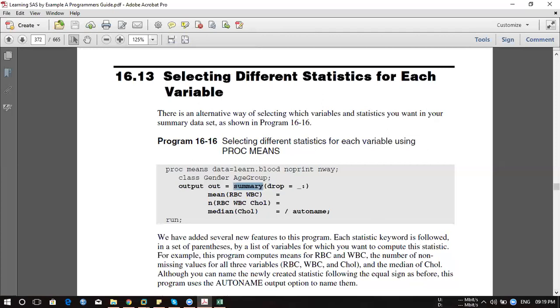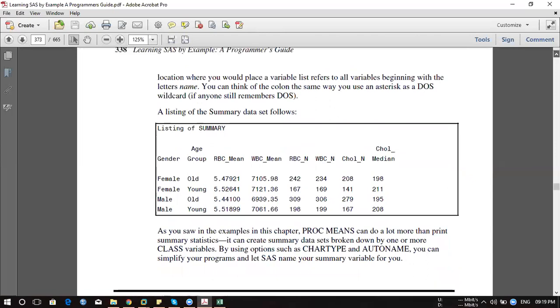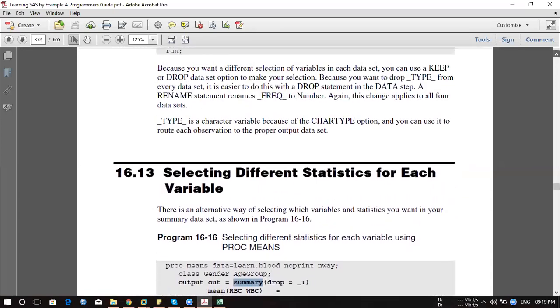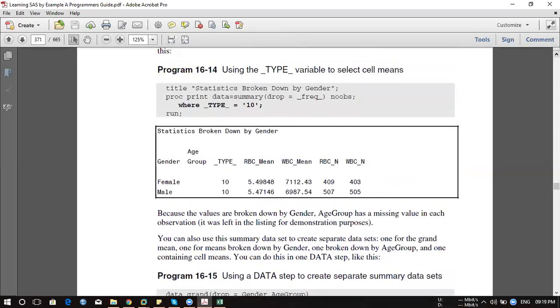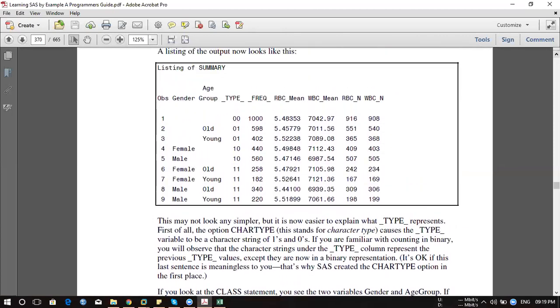और इसमें ड्रॉप इज इक्वल टू वो इस सिंबल का मतलब क्या है? So what will happen? So now if you go ahead and look at this. So now if you look over here, this variable is getting started by underscore, correct? So if you want all variables which are starting with underscore, I wanted to drop it.